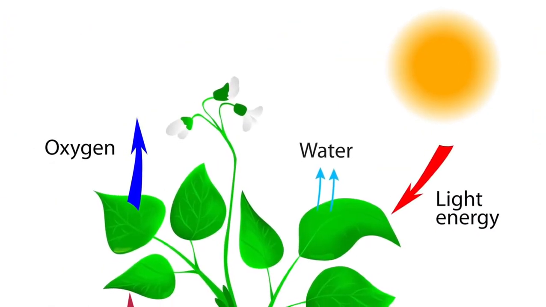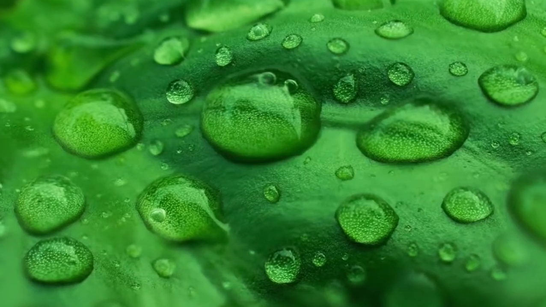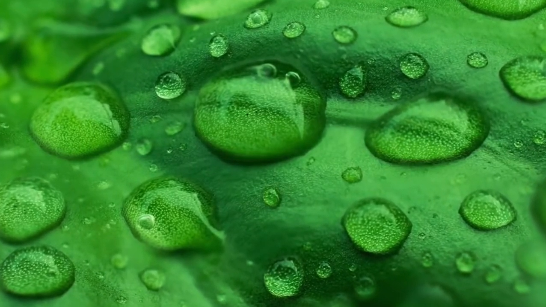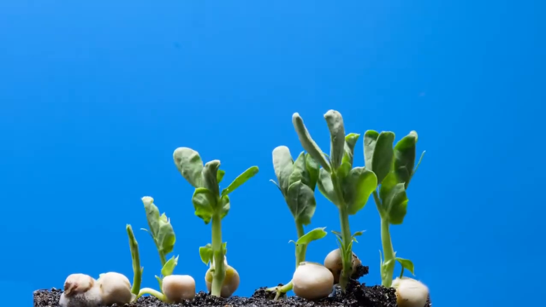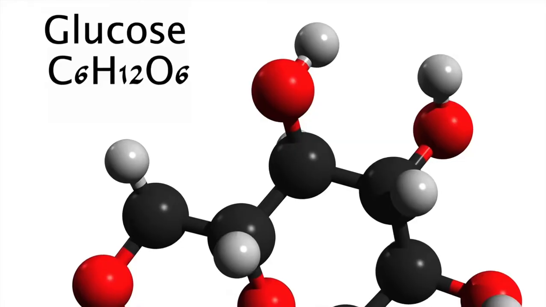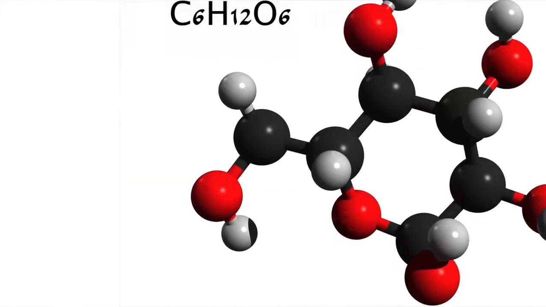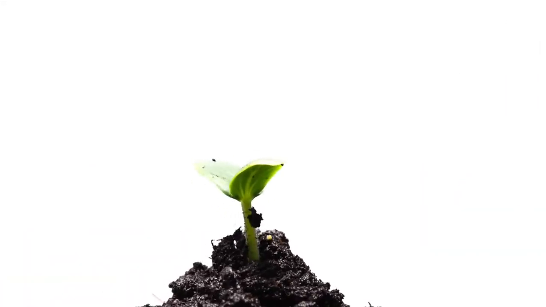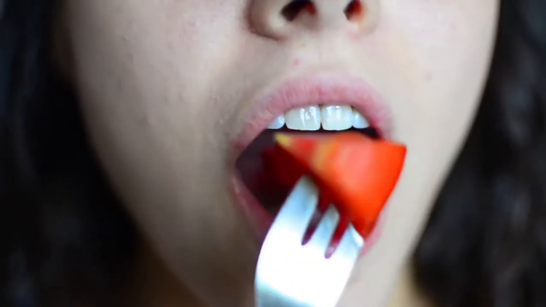Light energy falls upon the leaves and is absorbed by the chlorophyll. And when all the ingredients come together, bam! The chemical reaction known as photosynthesis has just occurred, and the plant has made its own food. Food in the form of glucose, which is a type of sugar. Plants and trees use these sugars to grow and make flowers and fruit and vegetables, the things we need to live.